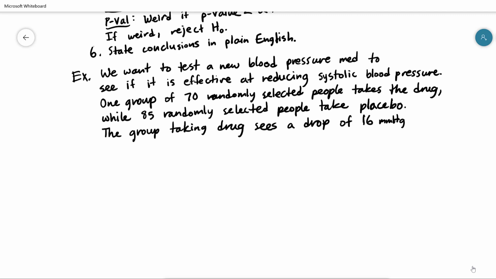This is just the units that they measure blood pressure in. So 16 millimeters mercury with a standard deviation of, let's say, I'm trying to get my numbers here, 11, standard deviation of 11 millimeters mercury,